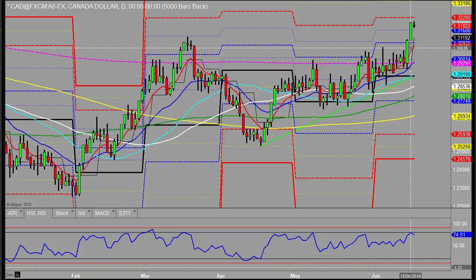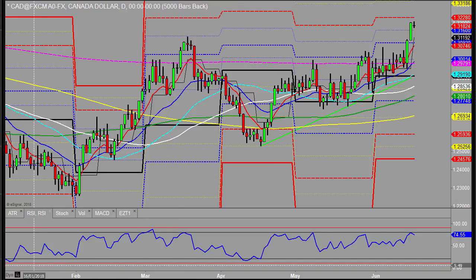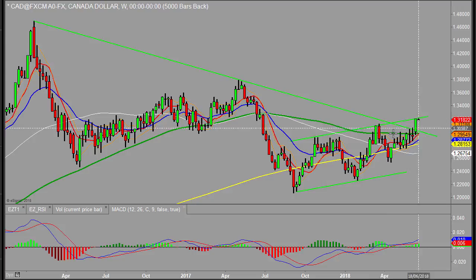Okay, so finally wrapping up with Canadian dollar, and that likewise is weak against the US dollar. It's continued to push up on Friday. The solid day has broken from these previous levels. In fact, I will go out to the weekly on this for a moment because it's sitting bang on the upper trend line.